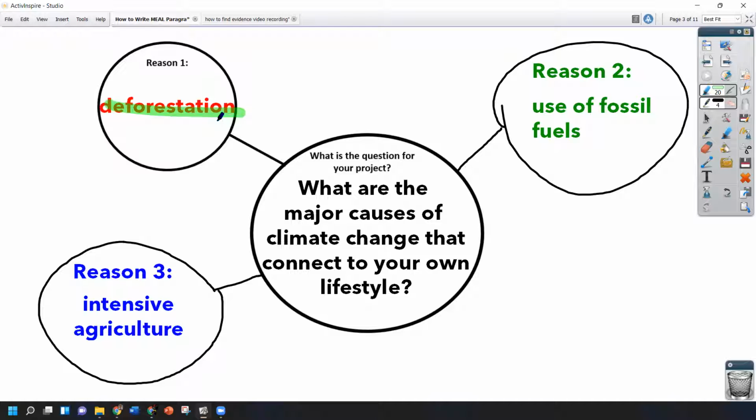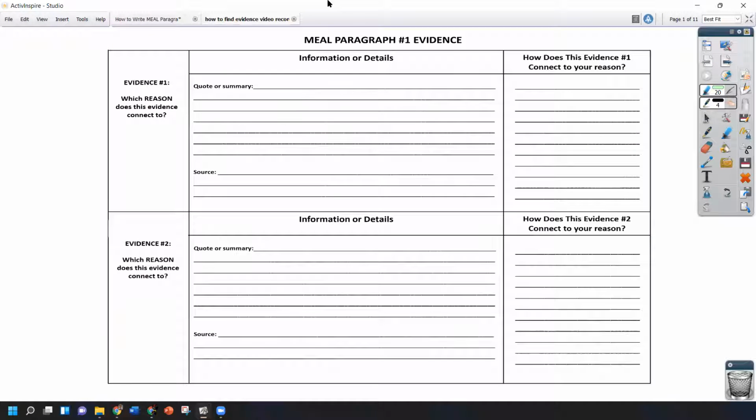All right. Hopefully this will make it clear, and if you are doing the same topic using the same reason, you can use these steps, but if not, you can just know that you have to have this completed before you find evidence. So let's go back to the evidence organizer. As you can see,